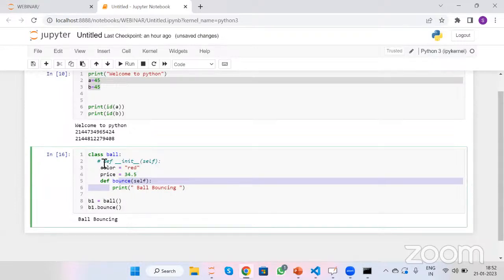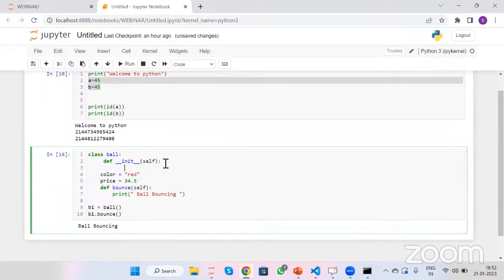So what is this constructor? It is nothing but this __init__, which is called a constructor, and inside that we can initialize the variables of our class. Indentation is required, so I'm giving space inside this one, and I'm giving self here also. We are passing self here, and through the self we are assigning each and every variable here, right? Actually, it is calling like Ball.bounce